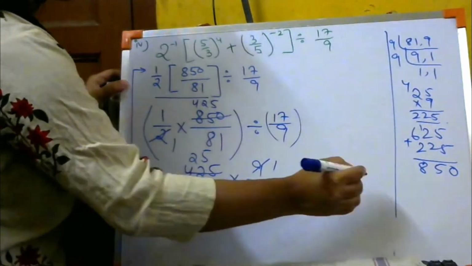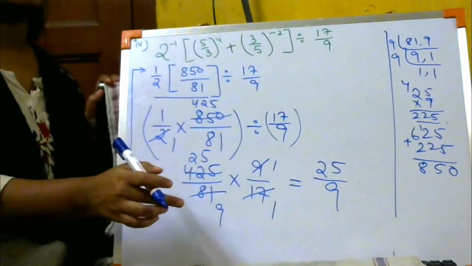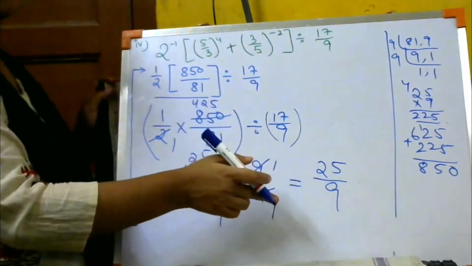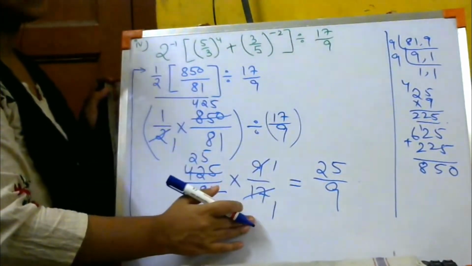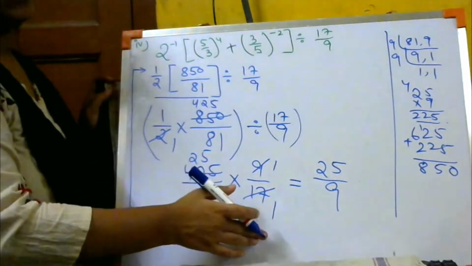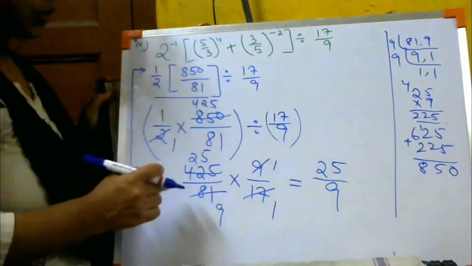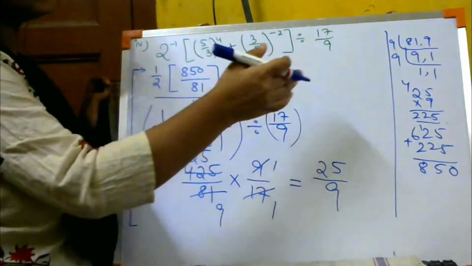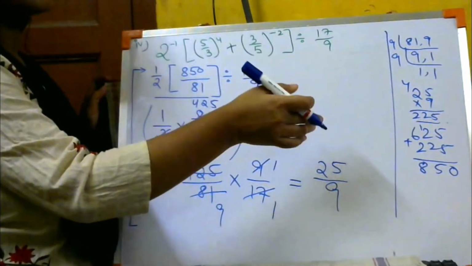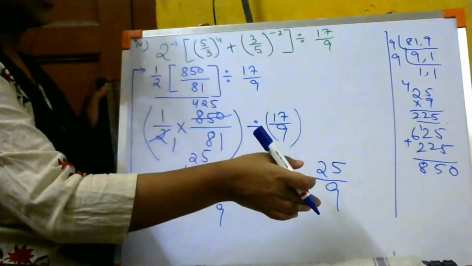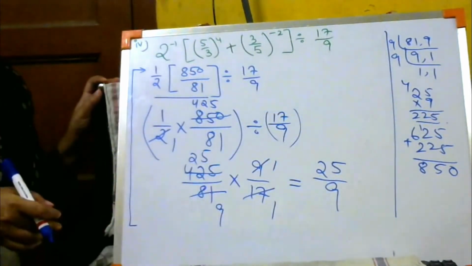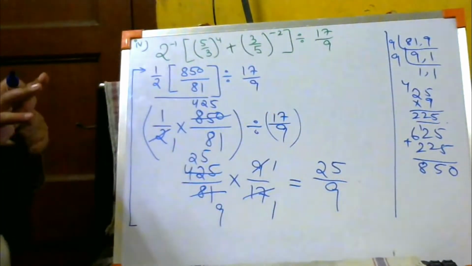Now this is the final one. This is what I am getting. 4 is not right. This is what I am getting. 25 by 9. It is better to solve with 17's table because directly it goes with 17. 17 ones are, 17 25s are, 425. If you can calculate in the rough also, in this division form rough work you can do, you will also get 25 by 9. So okay, so now we are getting 25 by 9.